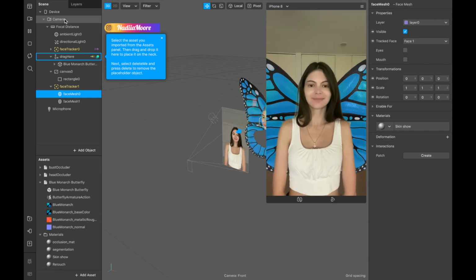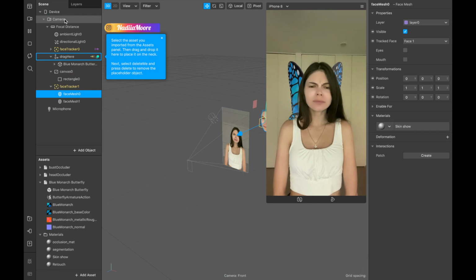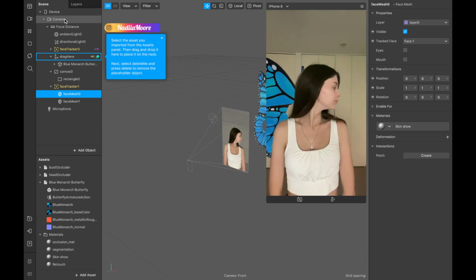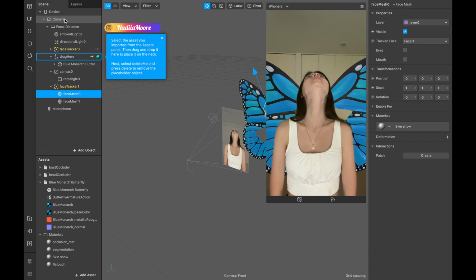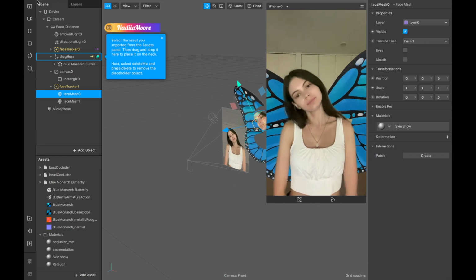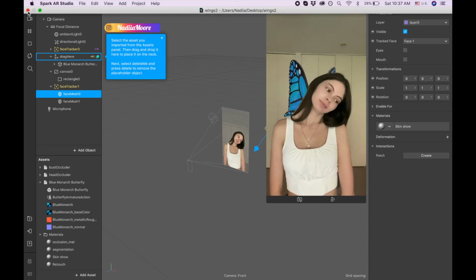My name is Nadia and in this video we're gonna add these beautiful butterfly wings. I got this tutorial from the channel Bob Spark AR in Portuguese. I'm gonna leave the link to that channel in the description of this video. Let's begin. Okay, I'm gonna close this project